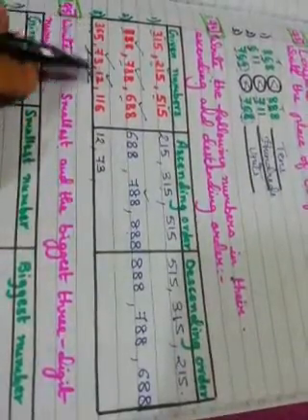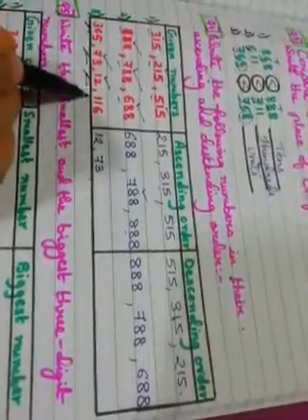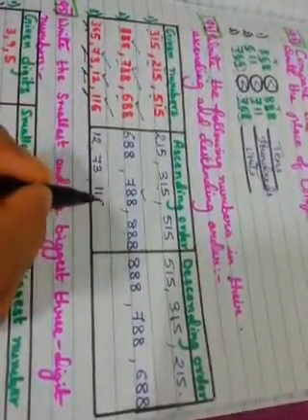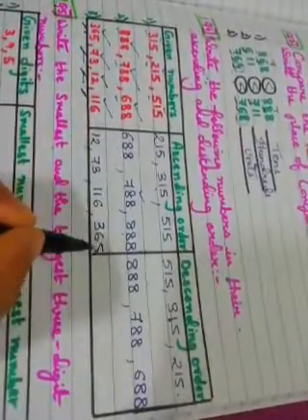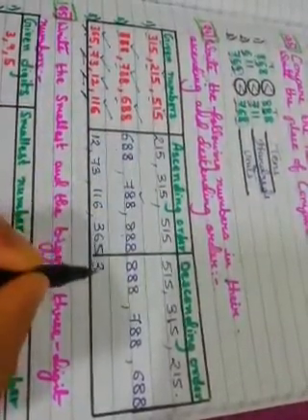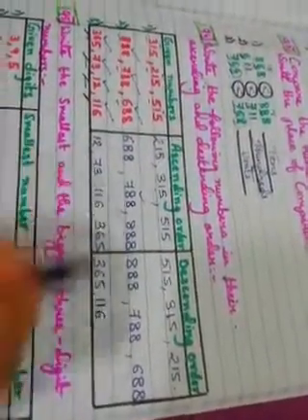Okay. Now both numbers are 3 digits. See the first number, here we have 3, here we have 1. Smallest is 116, and then 365. Okay, so this was our ascending order. Now descending order. Biggest 365,